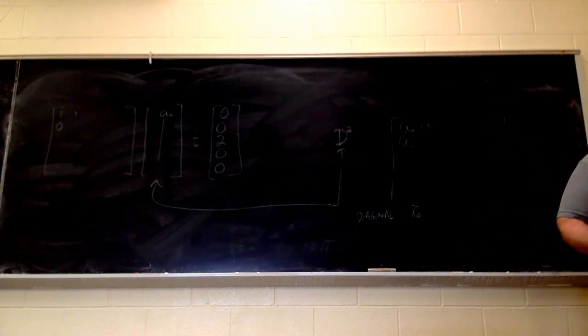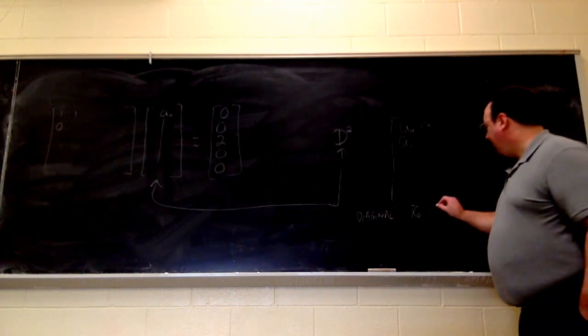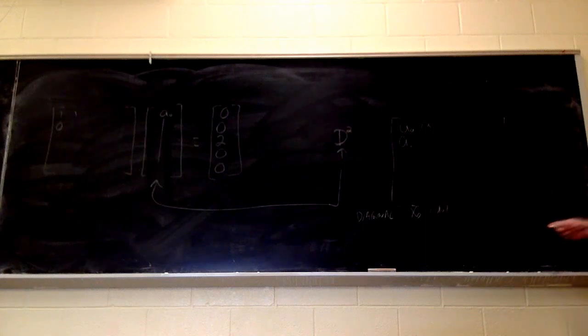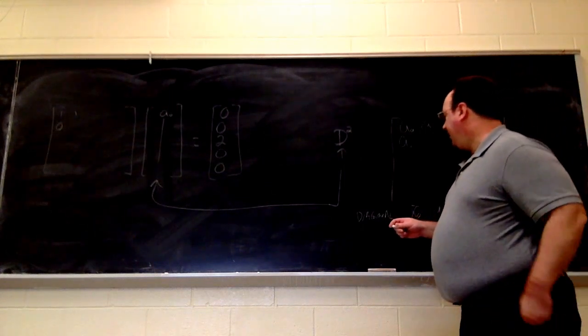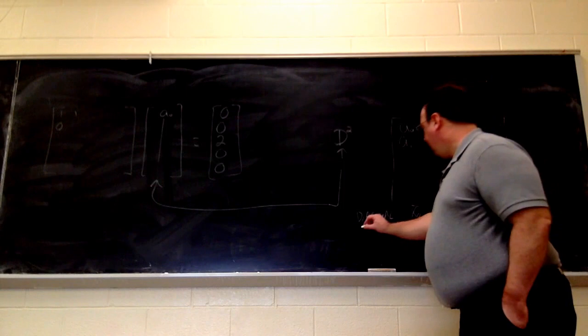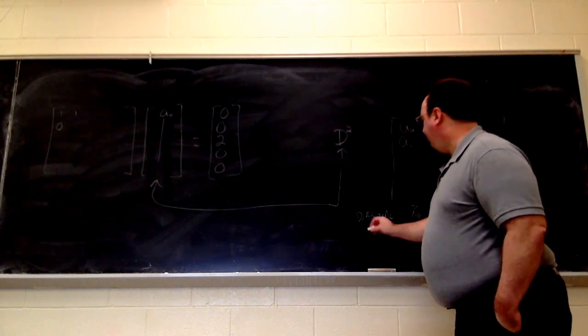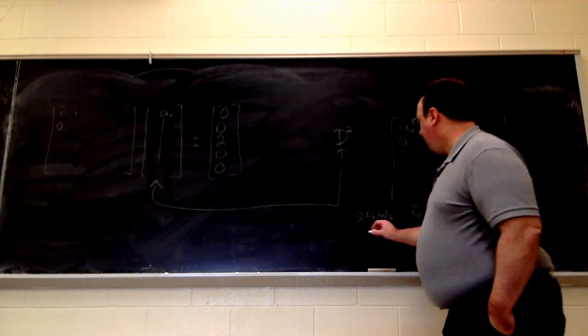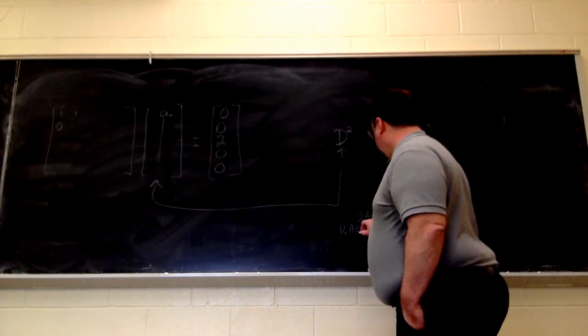So based on the convention we've been using in the examples, it's A0. Okay. So then in general, diagonal